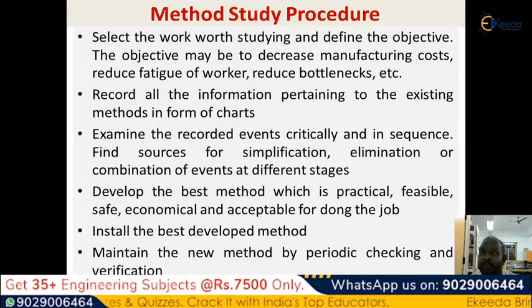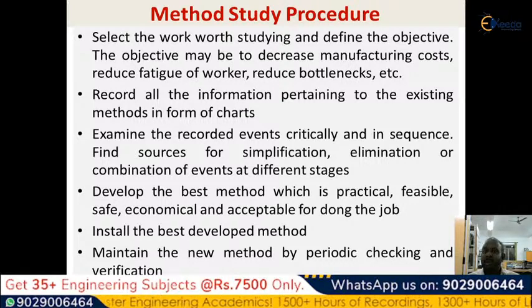So everything is being analyzed by means of a chart. Why charts? It is easy to understand. If you write it as a very big theory, then every time you want to adopt a new method, it takes time. Much time will be taken to make it a procedure again. So if it is in terms of charts, symbols, colors, etc., then it will be easy for me to